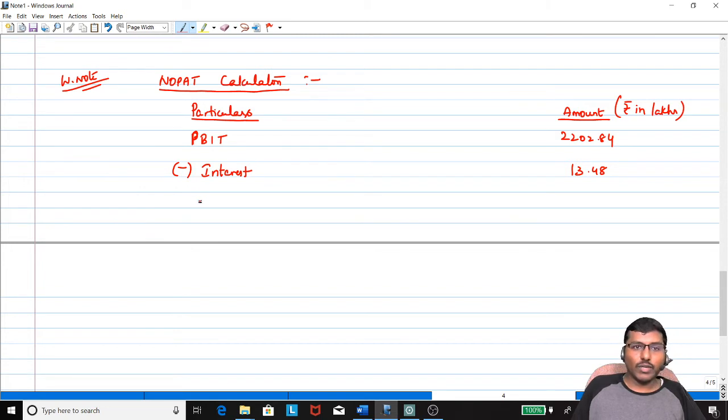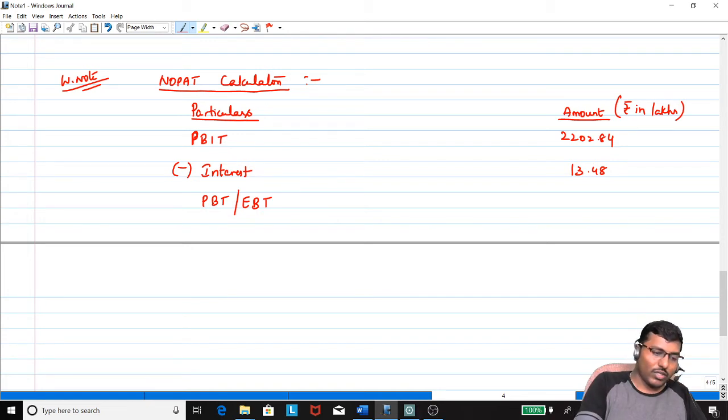Then you'll be getting profit before taxes, or EBT also you can write, earnings before taxes, your wish. So it's going to be 2202.84 minus 13.48,